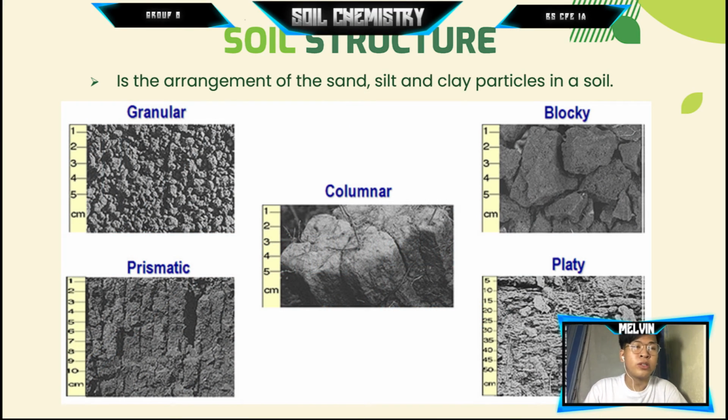Next, we have soil structure. Soil structure is defined by the way individual particles of sand, silt, and clay are assembled. Single particles, when assembled, appear as larger particles. These are called aggregates. In short, soil structure is the arrangement of the sand, silt, and clay particles in the soil. We have different types of soil structure. First is granular, prismatic,